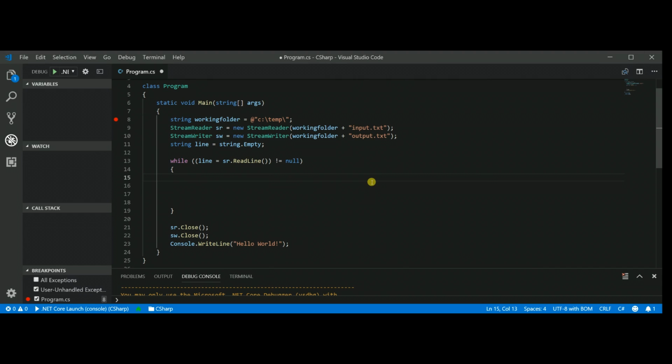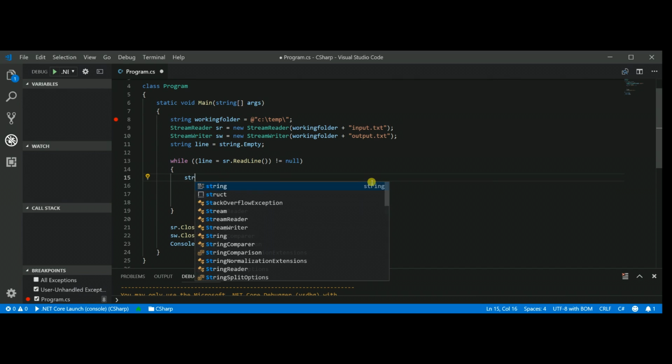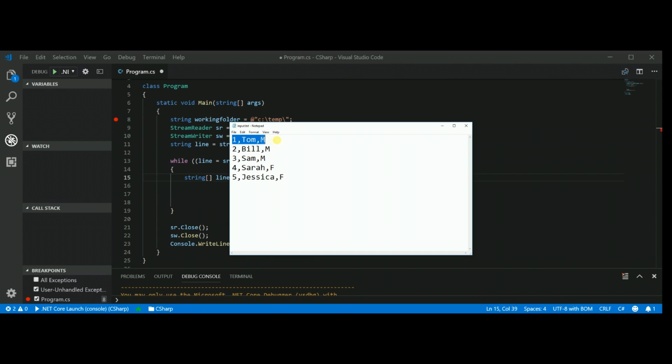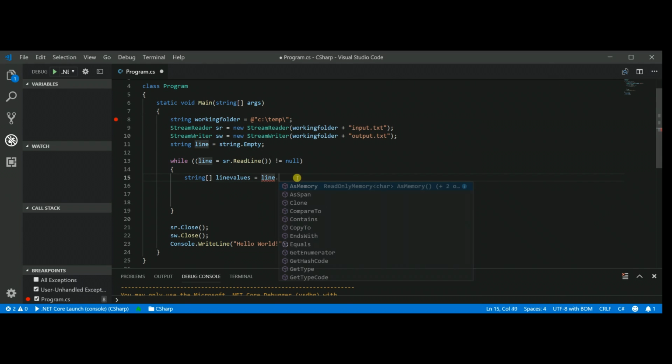So the way to do that is to create a string array, which we can talk about later, but what it means is there's many strings in one variable. String line values equals line. Remember, our line has the entire value in it. So what we want to do is split it up. What we're going to end up with is an array where you can access all 3 values, ID, name,